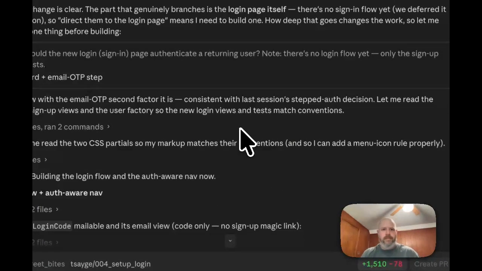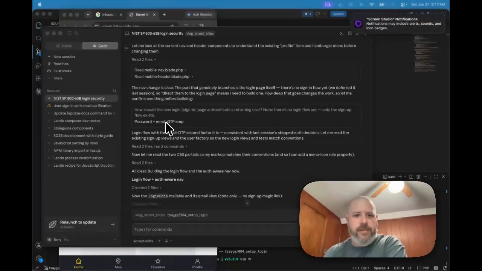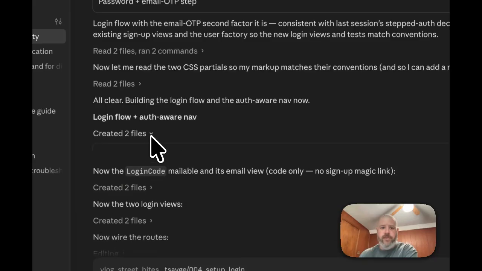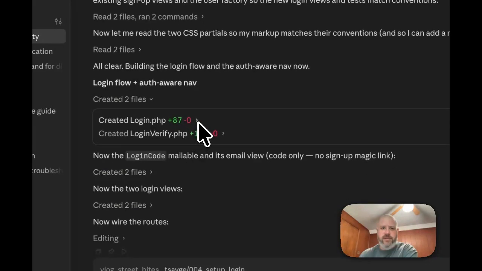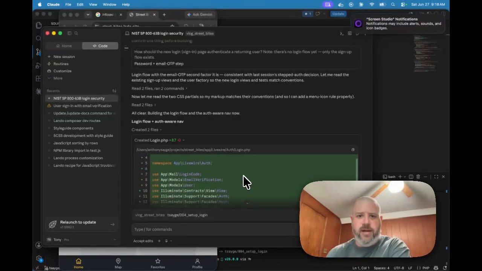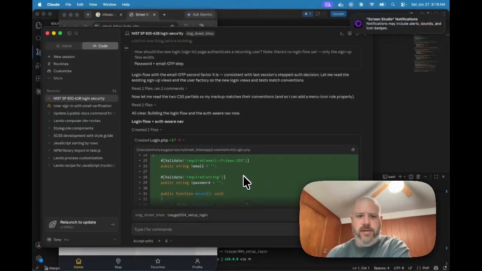Okay, so we've run it. It's going to set a new login route. So it's going to have a direct login route, and then it's going to have a new user setup route. It read through a lot of my existing stuff, but it created a new login using our auth login.php Livewire component, and